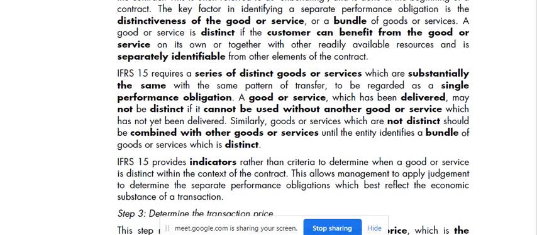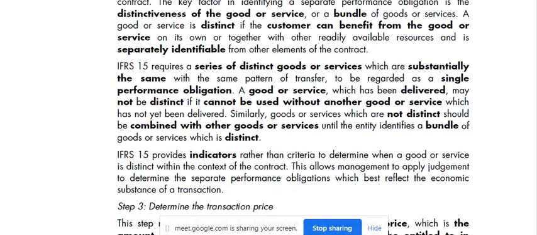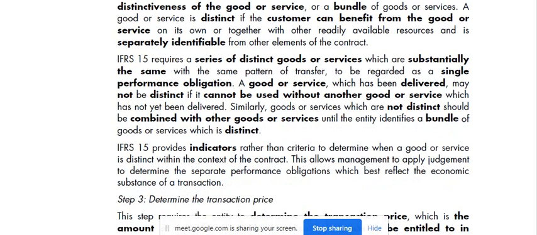A good or service which has been delivered may not be distinct if it cannot be used without another good or service which has not yet been delivered. Similarly, goods or services which are not distinct should be combined with other goods or services until the entity identifies a bundle of goods or services which is distinct. IFRS 15 provides indicators rather than criteria to determine when a good or service is distinct within the context of the contract. This allows management